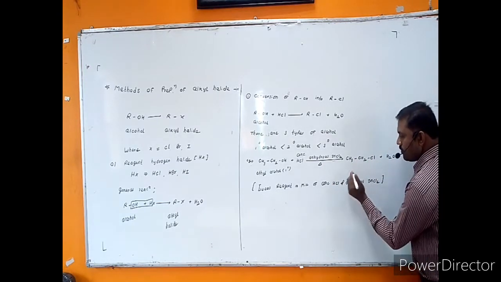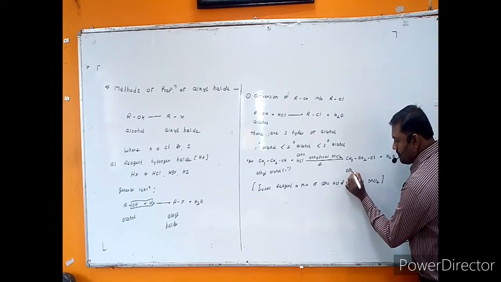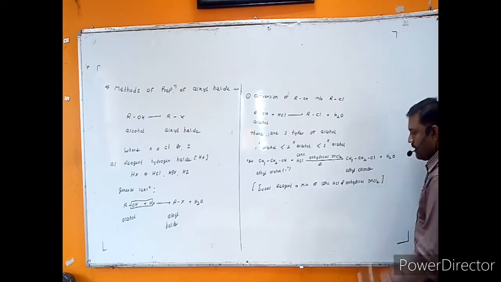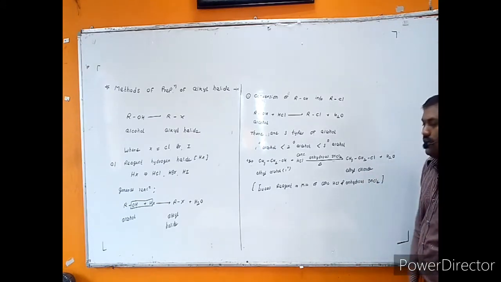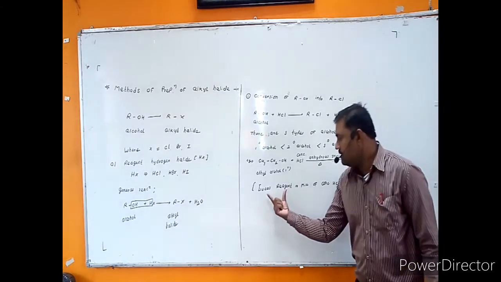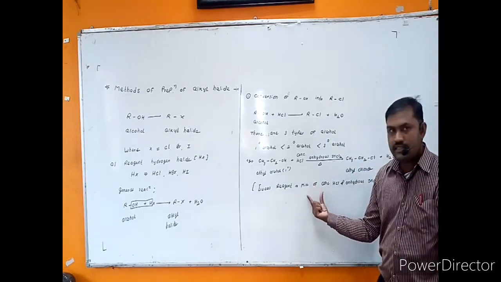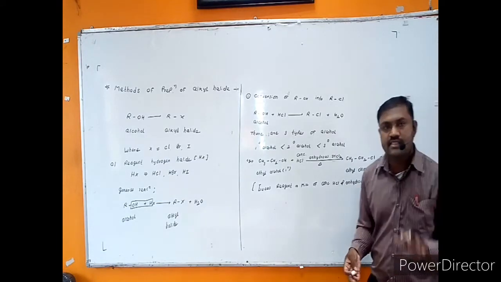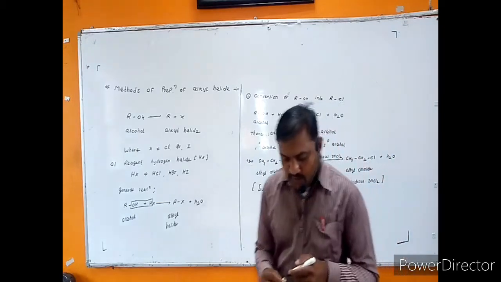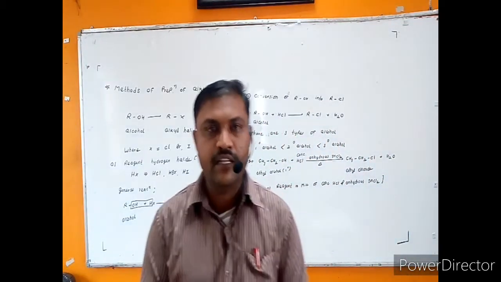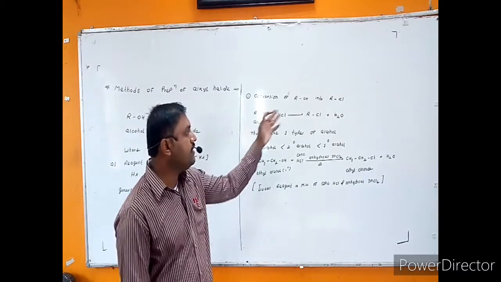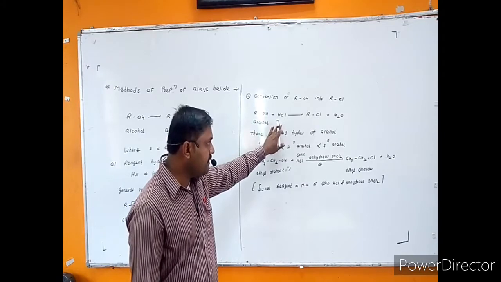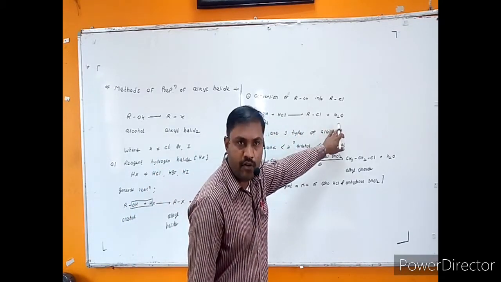Now what is the name of this product? Now this is called ethyl chloride, okay, along with byproduct H2O. And remember this term, Lucas reagent. So what is Lucas reagent? It is a mixture of concentrated HCl and anhydrous ZnCl2. Clear? This is our first conversion, that means conversion of alcohol into alkyl chloride. Okay, so as I told you, alcohol when treated with HCl, it gives alkyl chloride along with byproduct H2O.